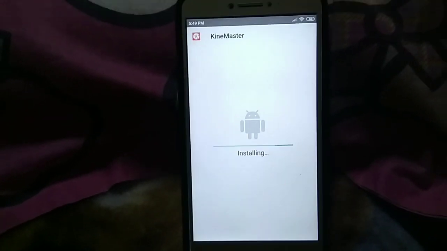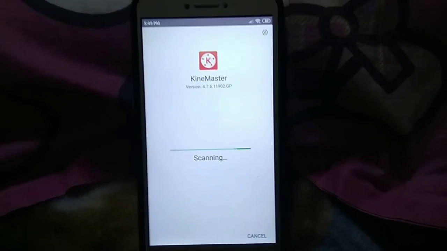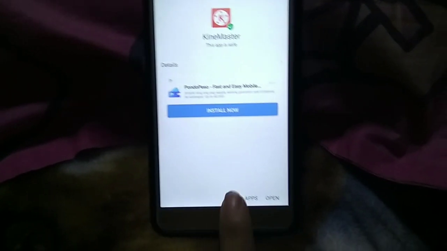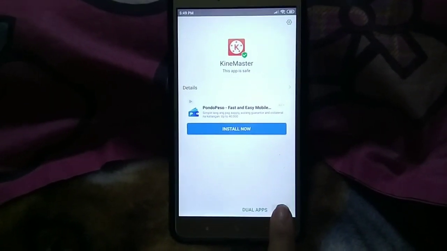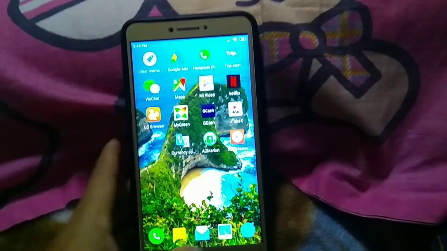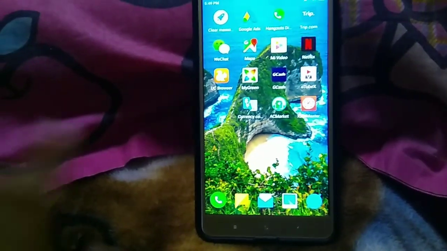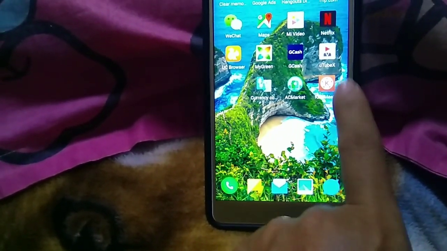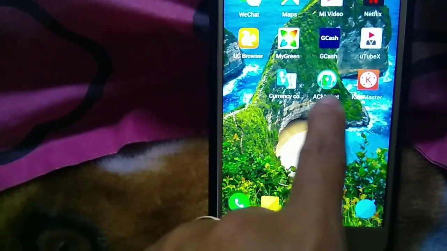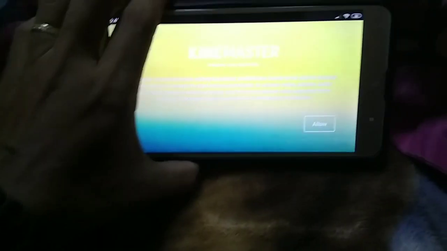So since it's installing, we will wait, it will really install to your phone. And scanning, our phone is just scanning, yeah, like that. So as you can see, you can open here, or it will automatically be shown here. Remember that we already deleted the one we installed from Google Play. So this KineMaster is from this AC Market. Then we will try to use it now, to see if it really helps